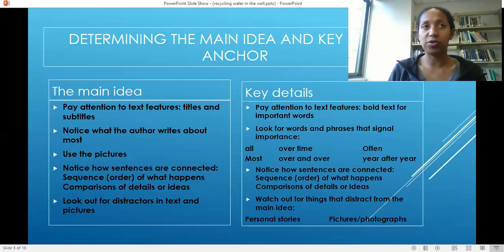I will explain to the students that they have 15 minutes to complete the task, finding the main idea of the text, and to think of the approaches that we have used in the past to find out